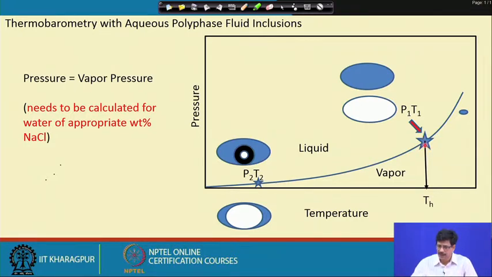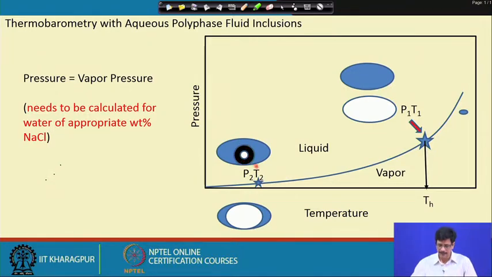So, in that case, as we discussed before, if a vapor is entrapped inside the solid crystal lattice, then with decreasing temperature and pressure, it will give rise to an inclusion which will have a large proportion of vapor, as shown in the inclusion below here. And the liquid which will be trapped here will also be evolving on the liquid vapor curve, and then finally at room temperature we see it as a liquid rich inclusion with a smaller proportion of vapor.